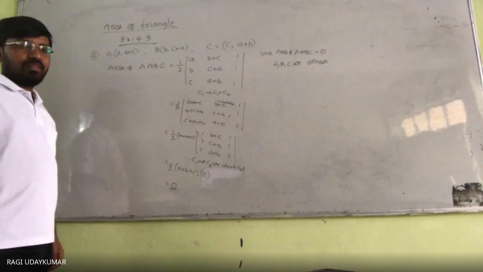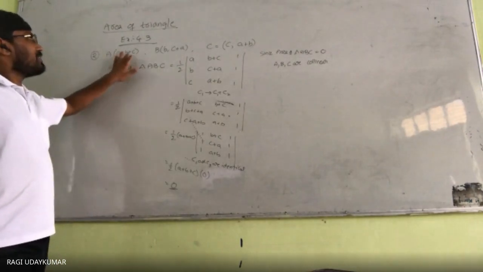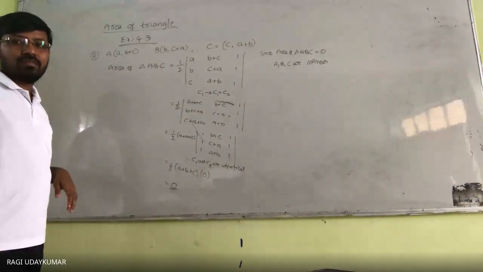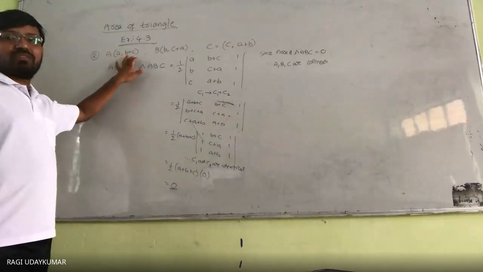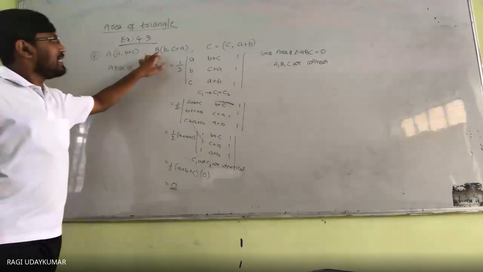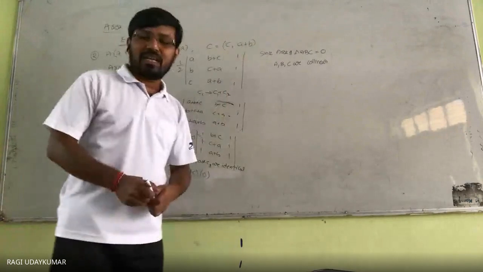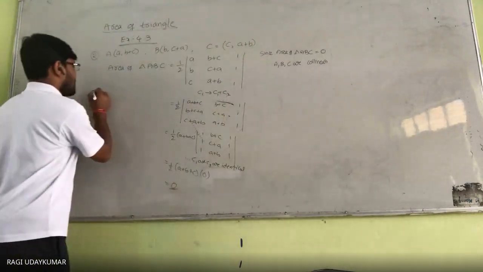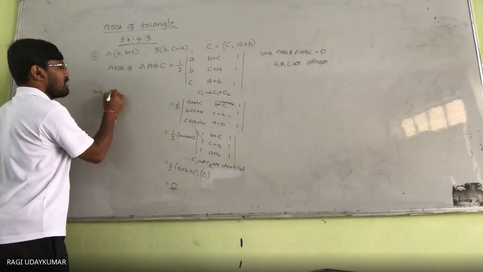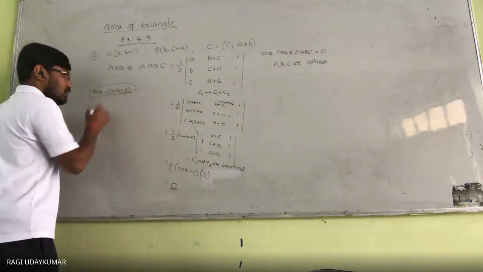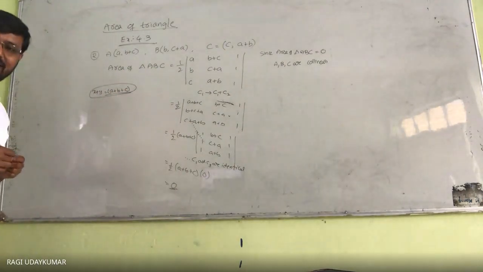Just try to add these two. In this x plus y, what do you get? A plus b plus c. In this also x plus y, what do you get? A plus b plus c. In this also x plus y, what do you get? A plus b plus c. So therefore, the equation of the line passing through these 3 points is x plus y equals a plus b plus c. If you find it out, you are also going to get the equation like this.